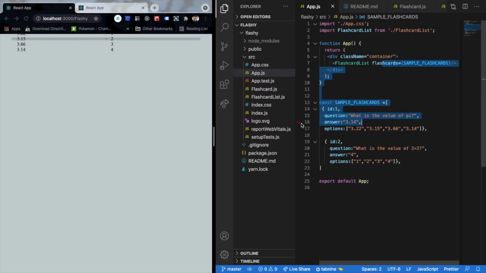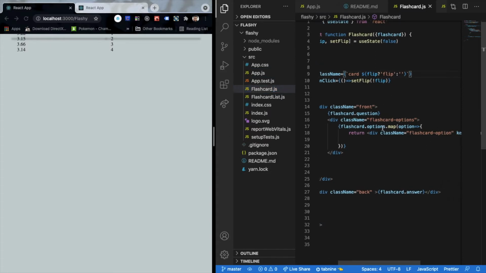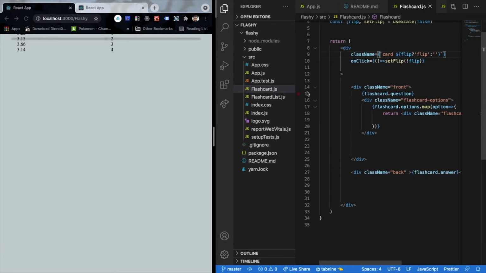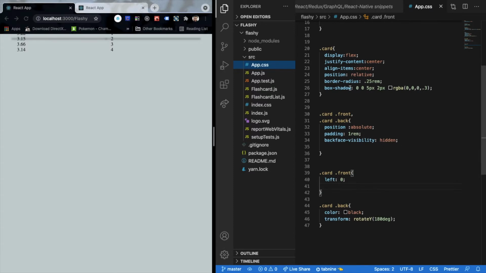So last time we added some CSS to make sure that our cards start looking a bit better. And now what we are going to do is add even a bit more CSS, add some animation so that we can finally see our cards taking shape. So the way to do that simply would be to go to our flashcard. Now over here we have set some classes already. And what we want to do is go back to our app.css, wherein we want to add certain parameters over here so that we can see our cards a bit more properly.